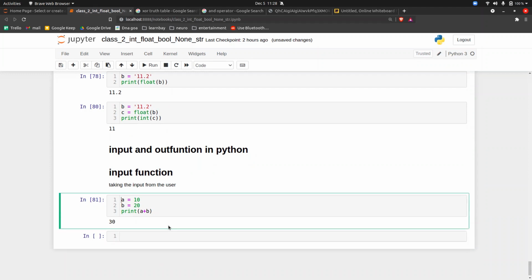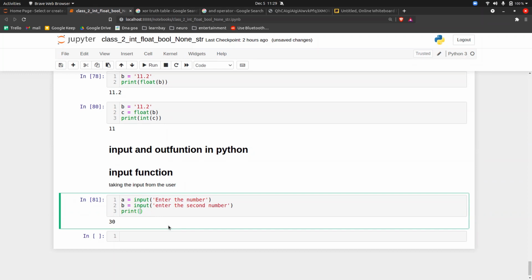To get that, you have to use something called input, and inside it write a message for the user. So input, enter the number; input, enter the second number. Right now I will show you everything step by step.